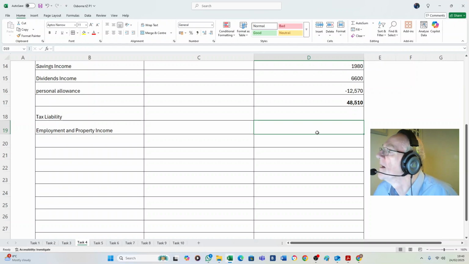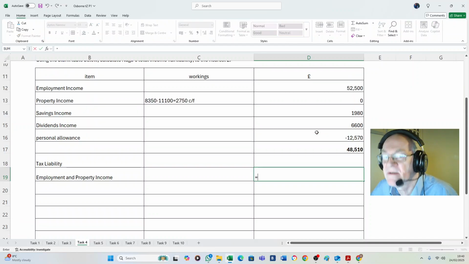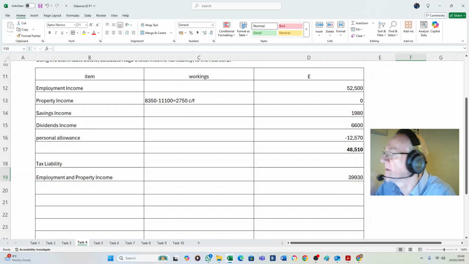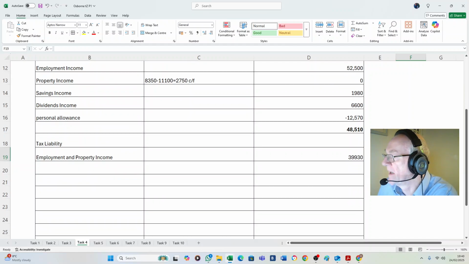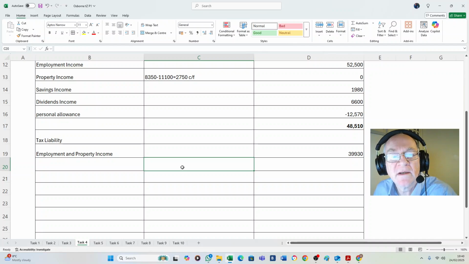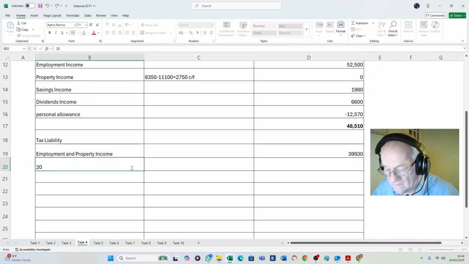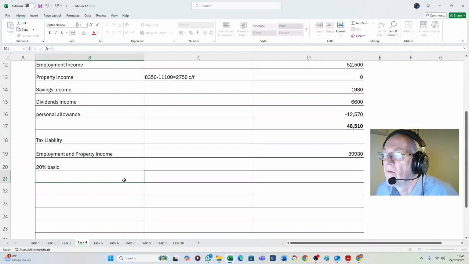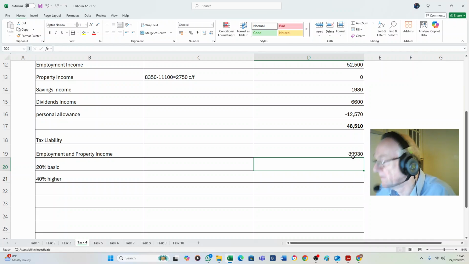So this is actually 52,500 minus 12,570. That's the personal allowance gets taken off there. So again, a key figure for the examiners to look at, and then we can do the 20%. So 40% higher. Okay, she's going to go into higher, obviously 39,930